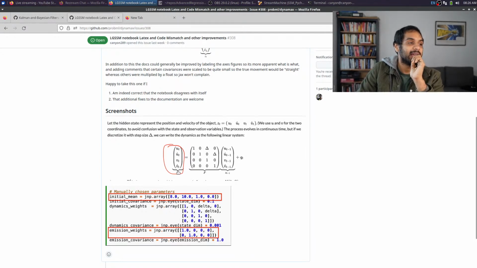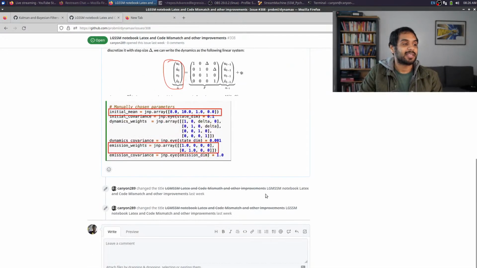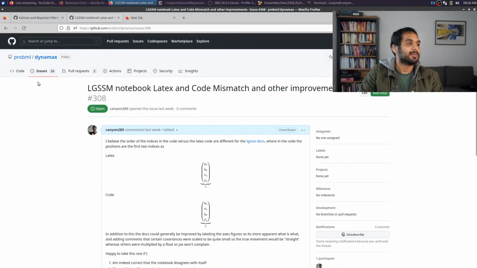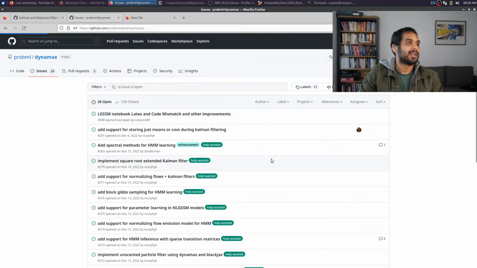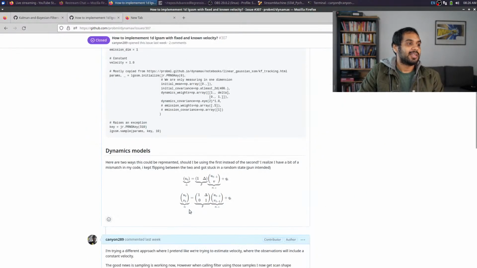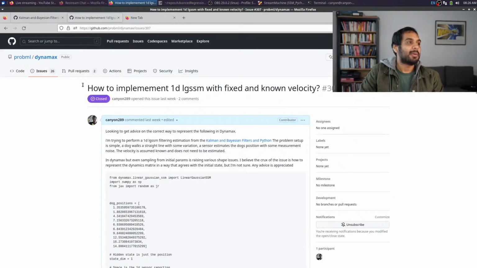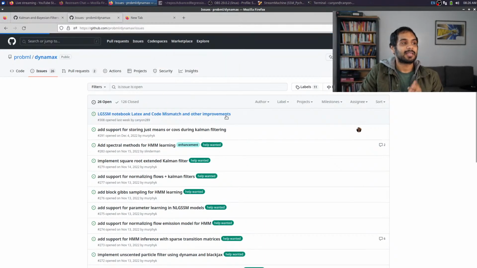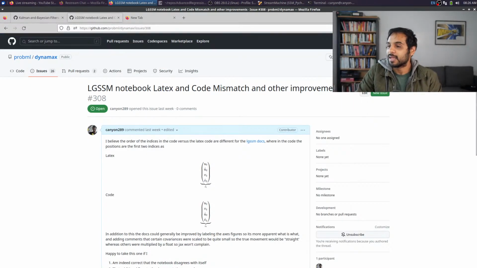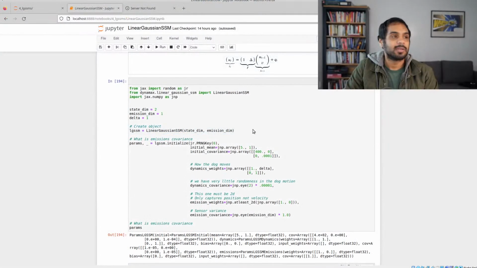This tripped me up for a really long time because I was reading the LaTeX and then I was modifying the code with this in mind, and then I was trying to run it in our dog example, and it was just not working. So that was the first thing that really took me for a loop. If you folks want to see my whole journey here, I closed an issue ticket, but anyhow, that was one. So I'd say the docs being wrong is, okay, we can fix that. They're not a challenge, but the actual challenge, which is more useful for us to talk about, is